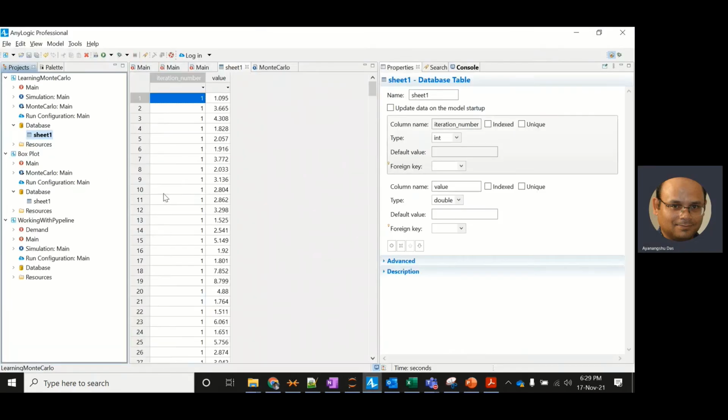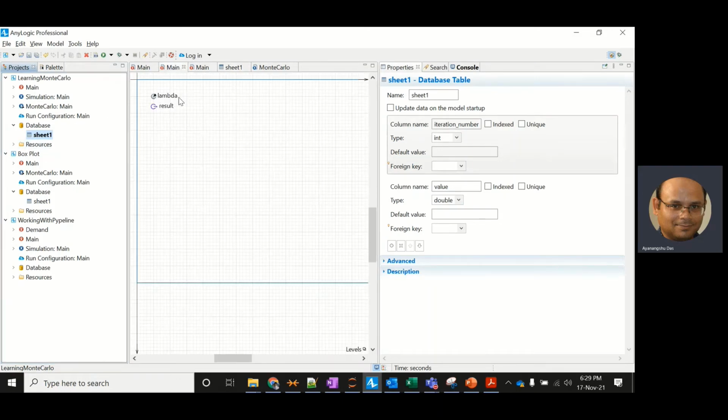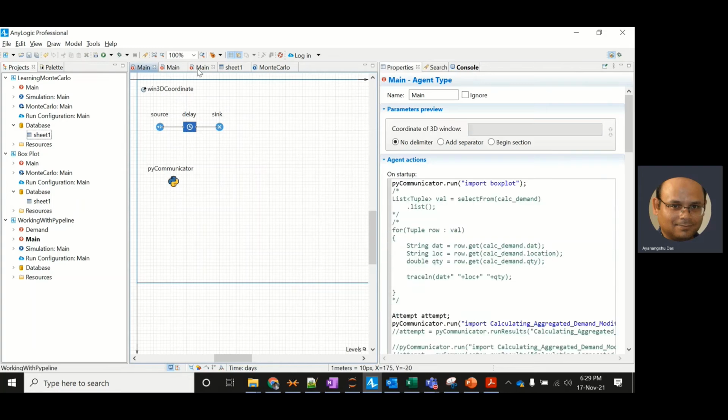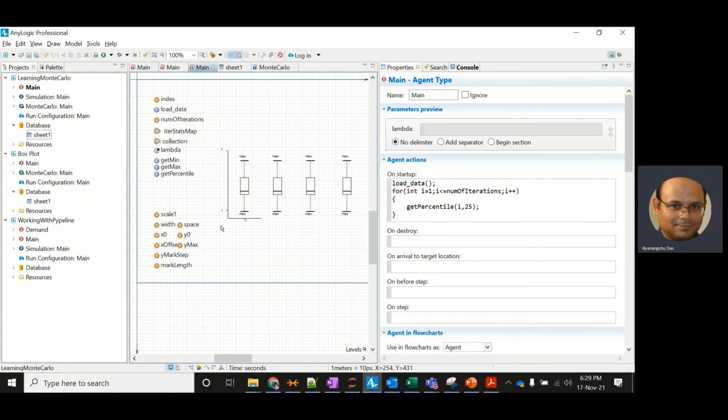Now the next thing I wanted to show is that instead of going through the hassle of plotting the box plots within the simulation or in Monte Carlo, we can export the data into CSV and then plot the box plot within Python itself and call the Python script from AnyLogic.